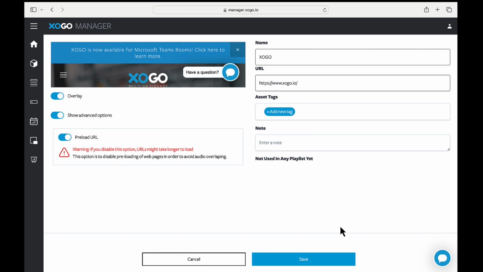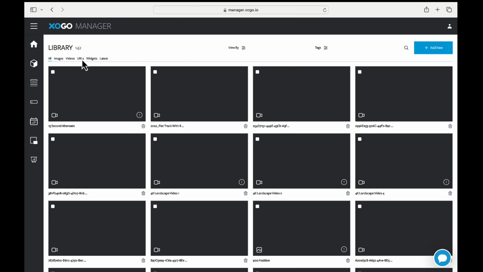To avoid this, when a URL asset is created, we can set the preload option off. When it's turned off, that URL won't be loaded in the background. The drawback is that the URL might take a few seconds to load depending on the website as well as the network bandwidth. Now, in order to find this setting, you'll start by going into your library and locating your